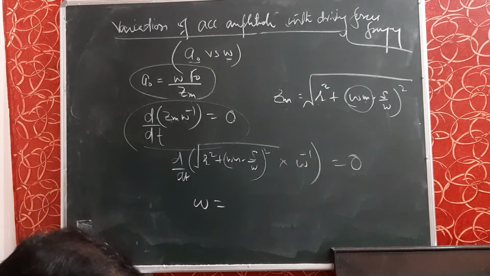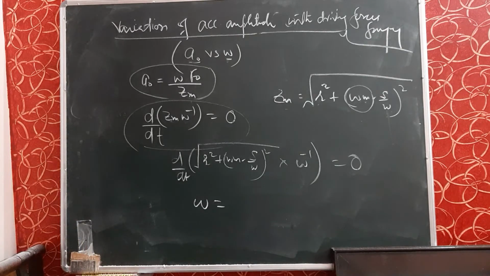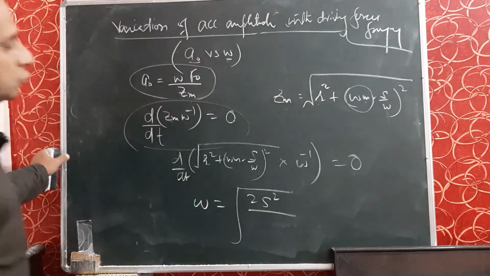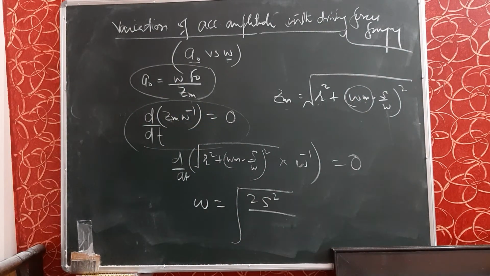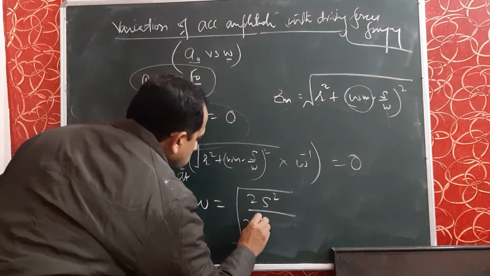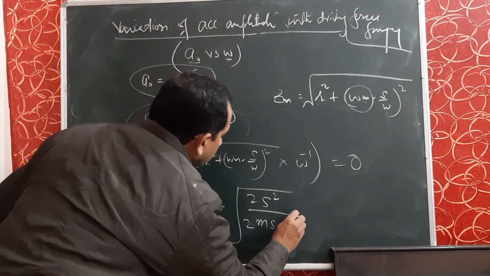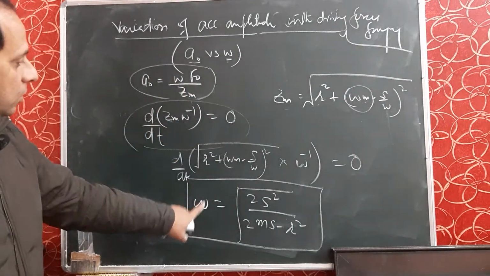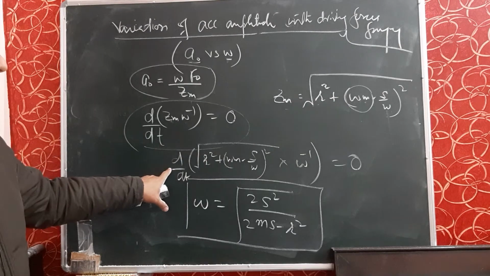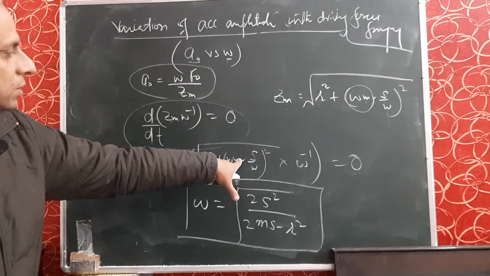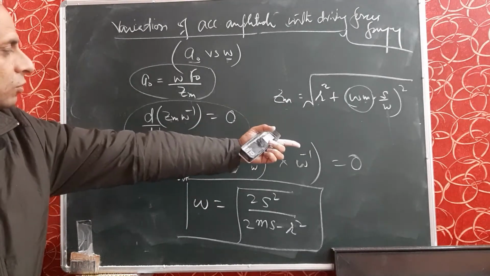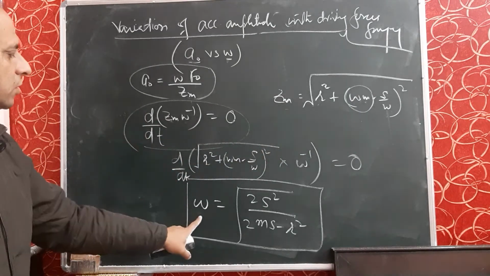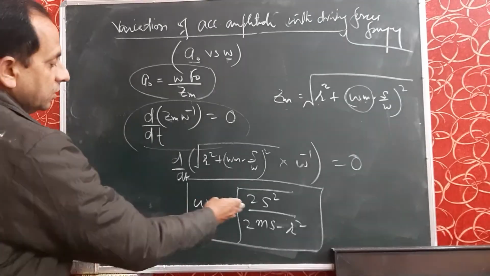The value of omega for this case becomes under root of 2s square over 2ms minus r square. So you may find this value by solving this condition. You may take the derivative of this term and put it equal to 0, and finally, on simplification, you get this answer, omega is equal to this. So, this is the